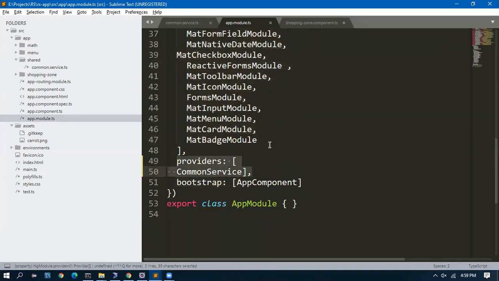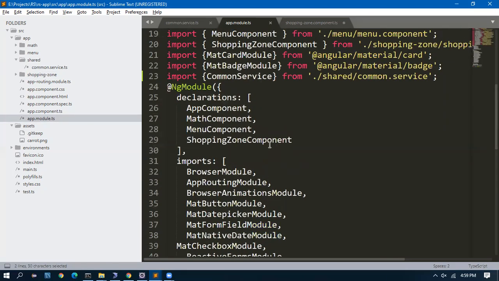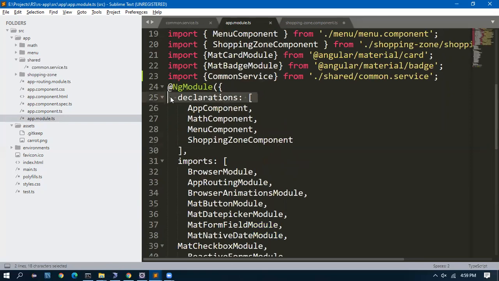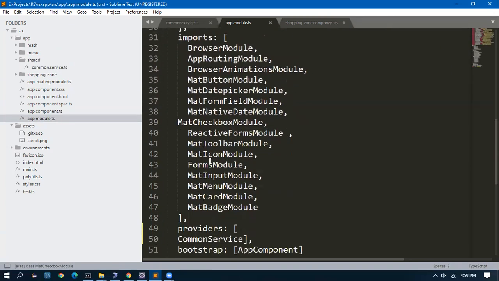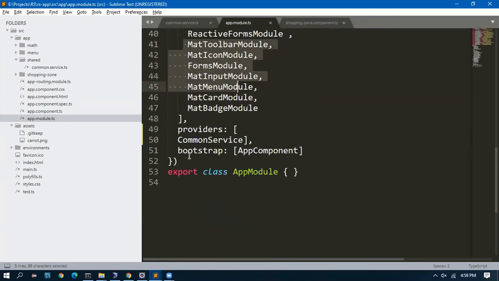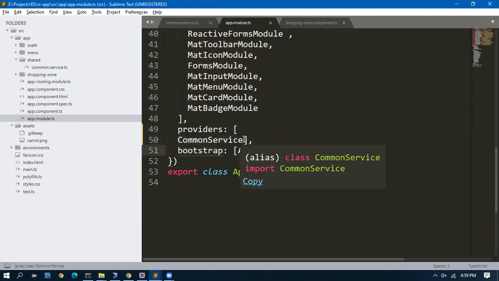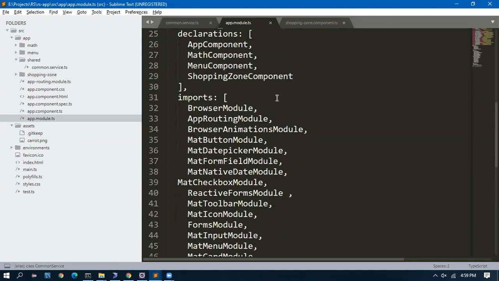Okay. For everything in Angular there is a particular place. If you are creating a component, give it in the declaration. If you are creating a module, give it in the import. If you are creating a service, give it in the provider. That means there are a lot of services, I feel. We can create as many services as you want. You can create multiple services. One per module. Accounts module, account service. HR module, HR service. For every module, you can create one service.